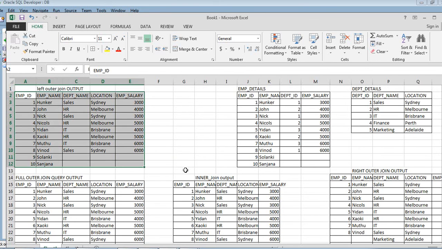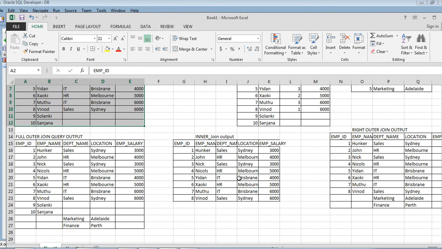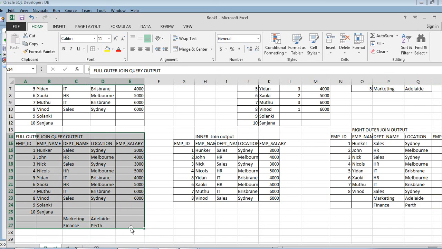In the right outer join part, we received the data for which the department is not allocated to any employee. That means the outer area of the right table. So the left outer join output plus the outer area of the right table can be combined, and that gives the full outer join output.